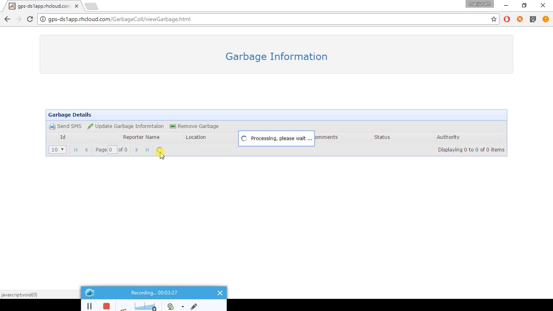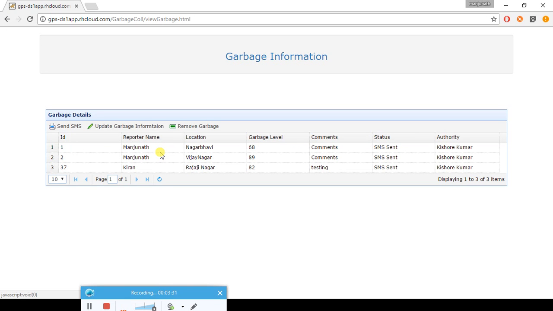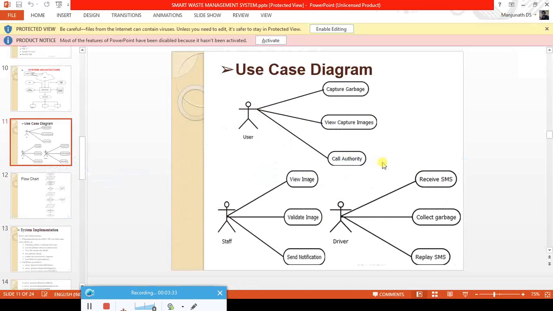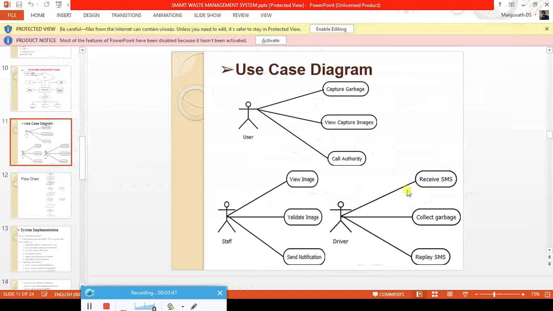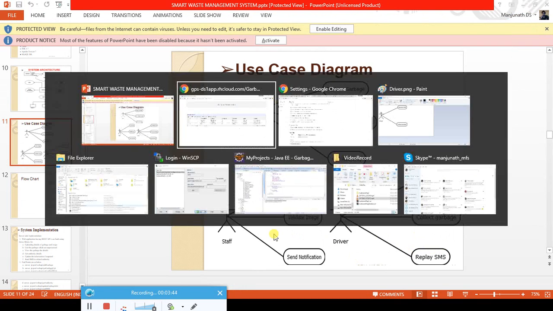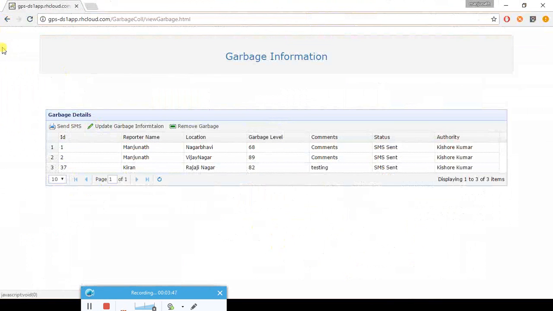You can click on refresh if it does not populate. The staff does the job: send notification, validate and send.